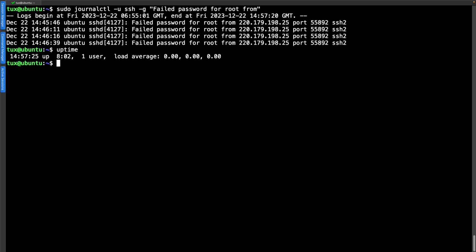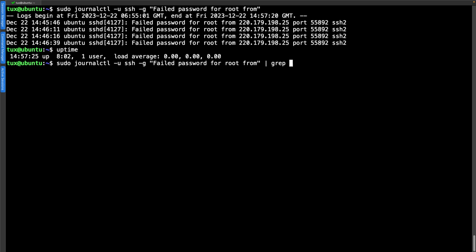Now, it's only one IP address that we've got, but we can see from my uptime that I've been up just 8 hours. So these are new and fresh systems. We want to protect these systems from unauthorized access, and by blocking the IP addresses of those users trying to log on as root, they're probably also trying to log on as other users as well, so it's going to work as a good generic test.